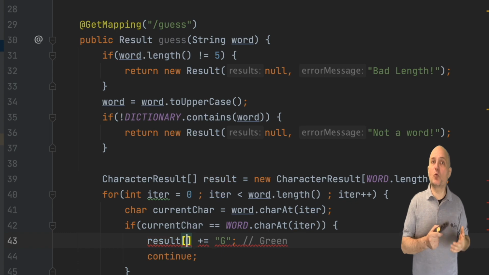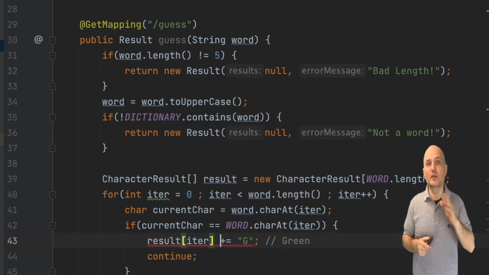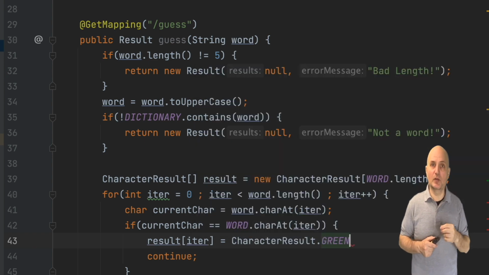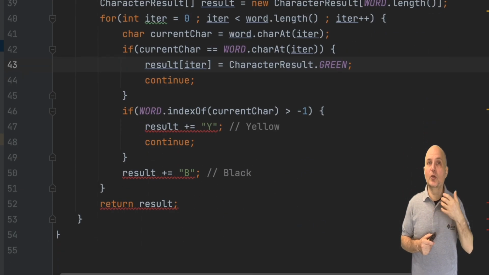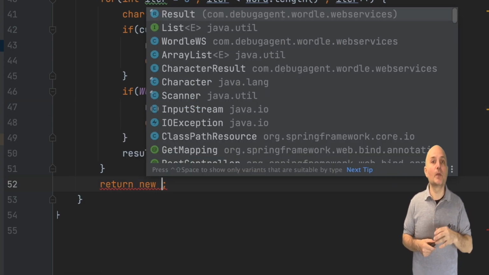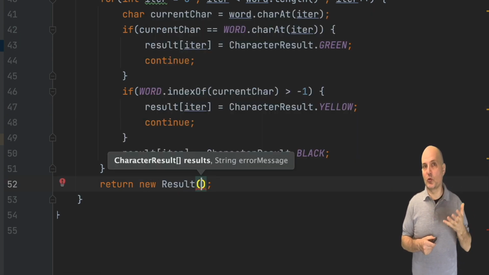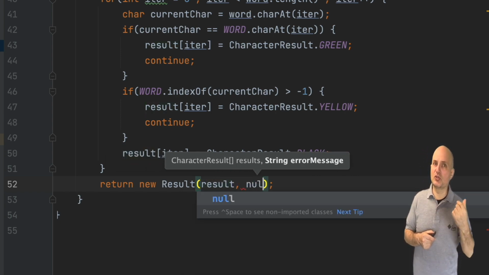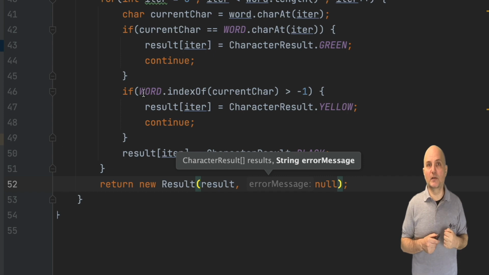We now replace all the character arithmetic with assigning an enum value to the appropriate array position. This is cleaner code, as the Java compiler will verify the assignment. We now create a new result object and pass a null error message, since the array should contain the applicable details.